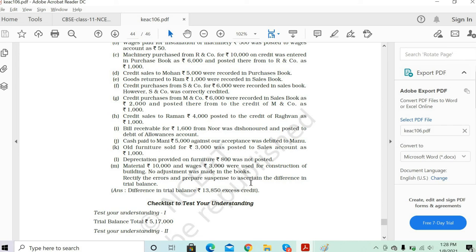See, basically credit sales to Raman happened. I'll just tell you the meaning here. He gave the goods to Raman for 4,000 rupees. He has to return 4,000. Then what you did, you posted 1,000 rupees as credit to Raghuvan. So both are on a credit basis. So ideally both have to be debited this much amount, right? And since it was credit, both have to go to the sales account, but it has not gone to the sales account. That's why we are putting it to the suspense account.